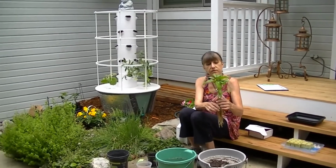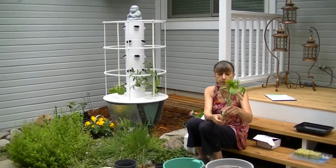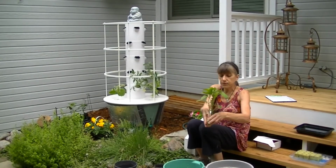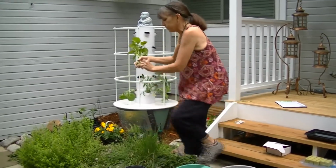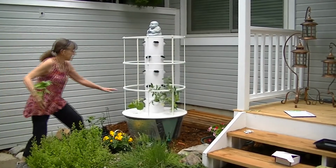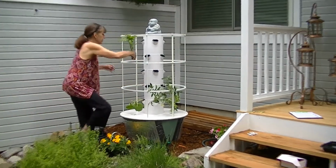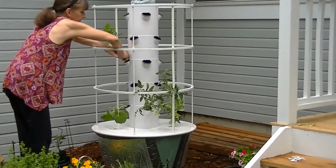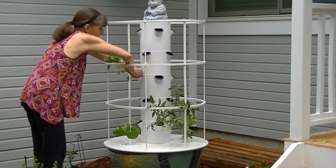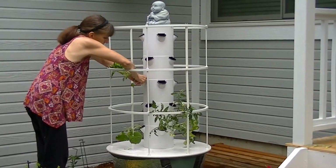And since this one is new to us, something we haven't grown before, Paul and I have decided we'd like to place this one towards the front of the garden, just because it'll be fun for us to see something new. So here's our first tier, our second tier, our third tier. This one will go to the front. And I'm just going to tuck those roots gently in the net pot, poke the rock wool in,